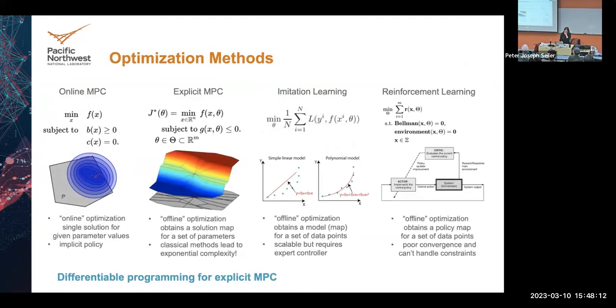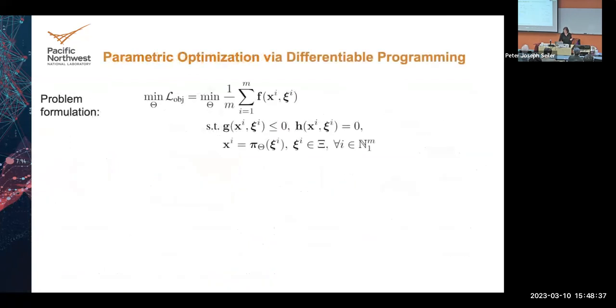So what we're looking at right now with this differentiable model predictive control is synthesizing explicit MPC solutions, but not using the traditional approach, but instead using neural networks. So in a way, kind of mixing these two approaches and getting approximate representations of the solution of the explicit MPC. And we do so by differentiable programming. So differentiable programming, it's an approach that uses deep learning methods to solve optimization problems, parametric optimization.